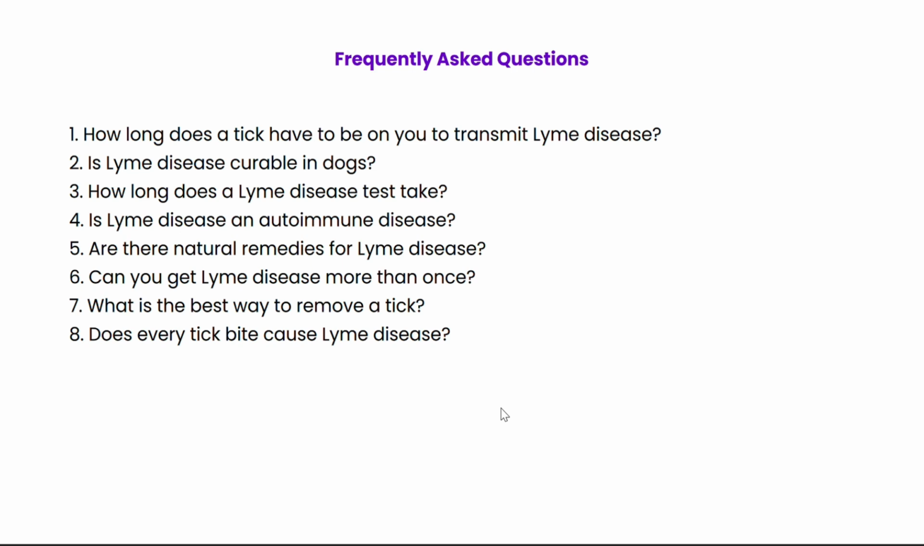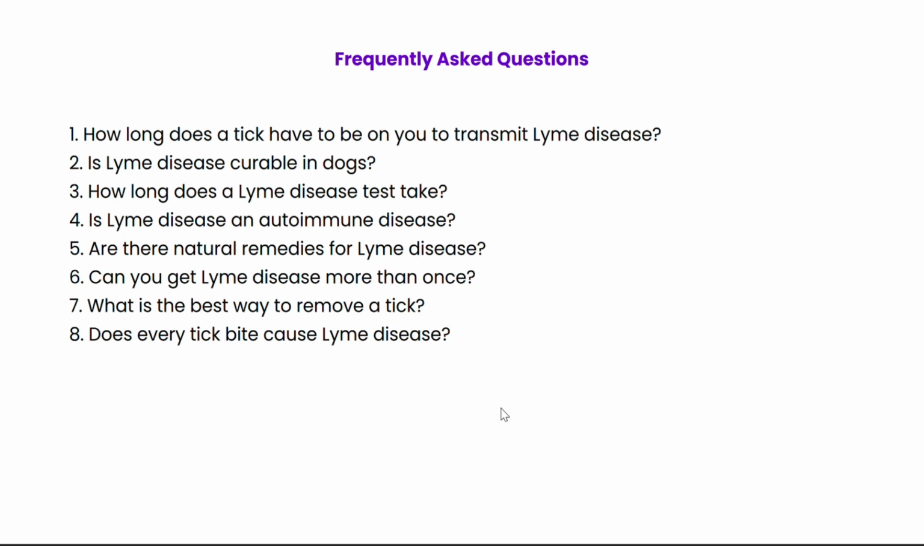Another frequent question is, how long does a Lyme disease test take? Typically, blood test results take a few days to a week to come back. It's important to understand that Lyme disease testing usually involves a two-step process. The first step is a screening test, such as an EIA or IFA. If that test is positive or indeterminate, a second, more specific test called a Western blot is performed to